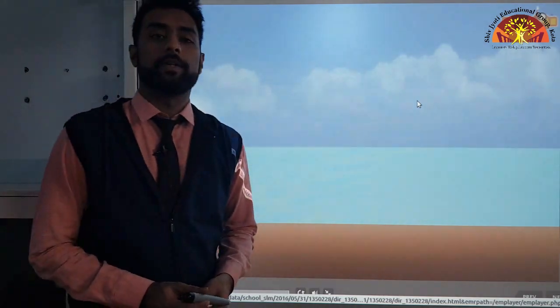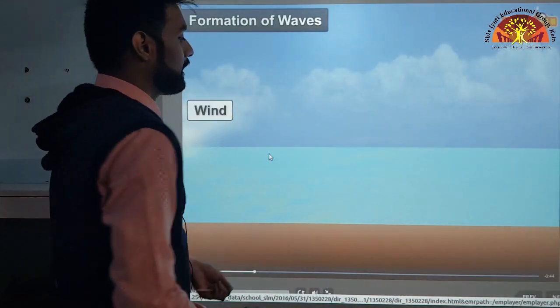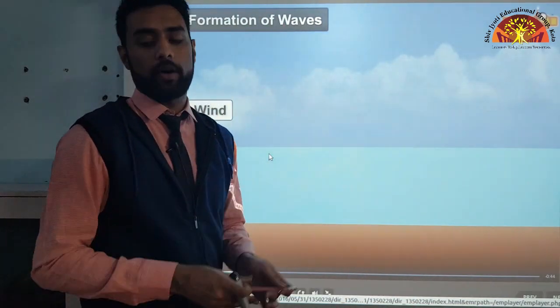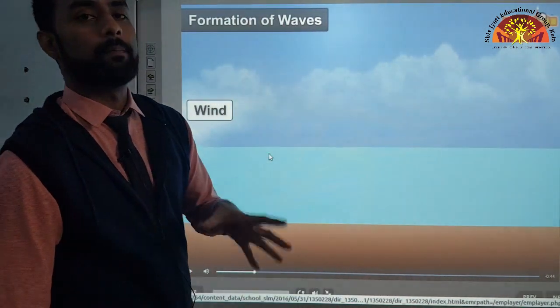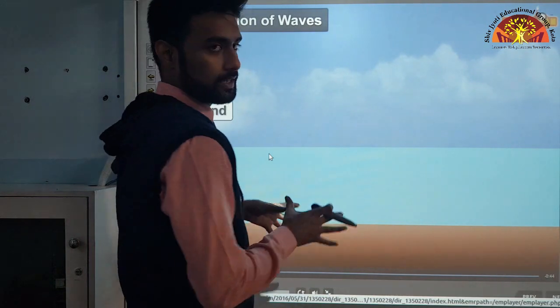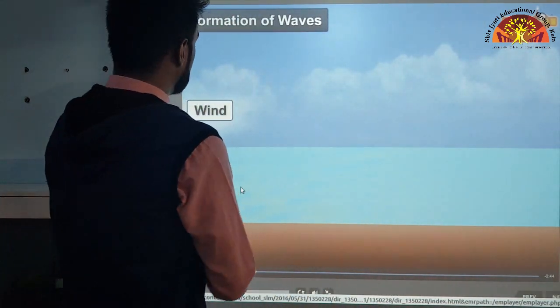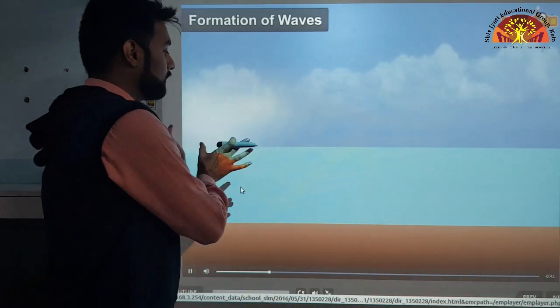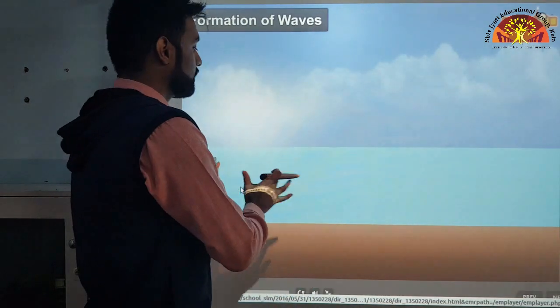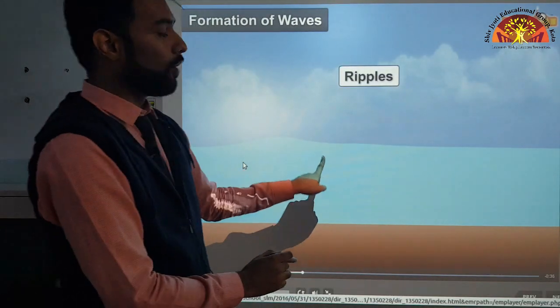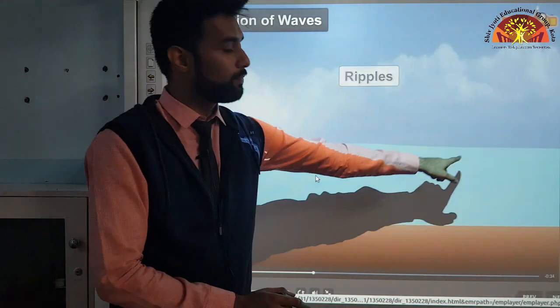Now, let's see the formation of waves, how waves are formed. Now this is still ocean water. We all know that ocean water is never still, but just for learning purposes, we have imagined an ocean water body which is still. Now what will happen? The wind, when it blows, will push the water forwards in the direction where the wind is blowing, okay? See, ripples are formed across the surface as the wind is blowing, as you can see here.